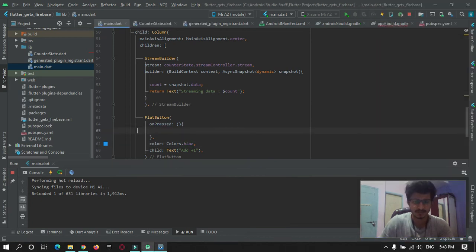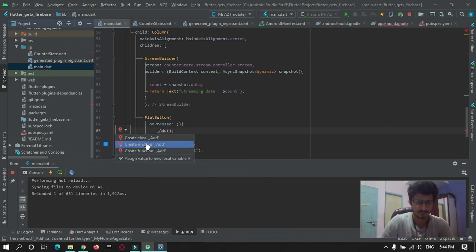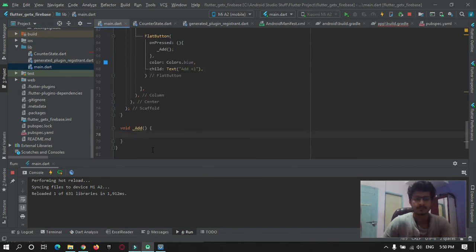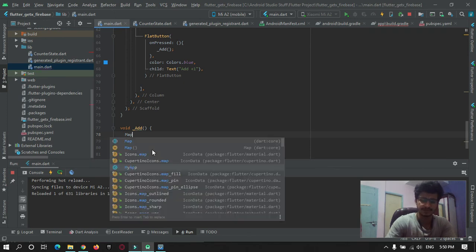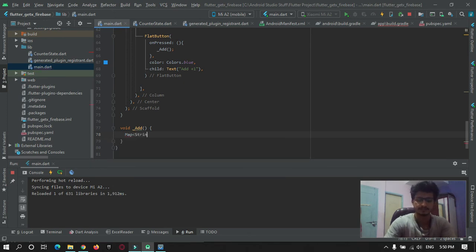For that, I will create one more function, that is add. So as you know that Firebase accepts only JSON format. So for that we will make use of a map to store the data, to pass the data. Map, integer, we will give this map a variable name.